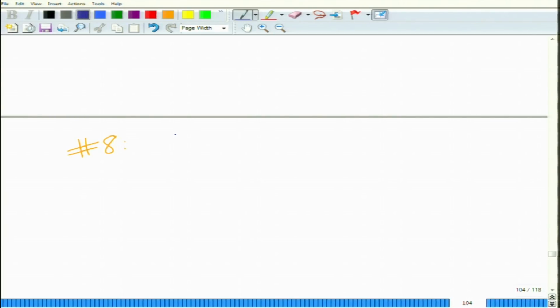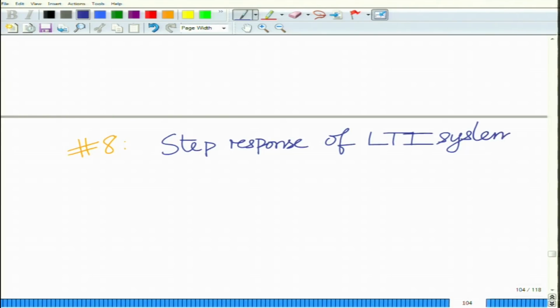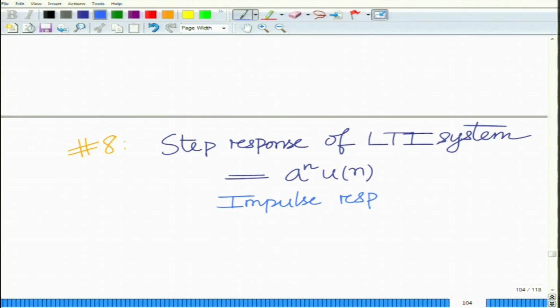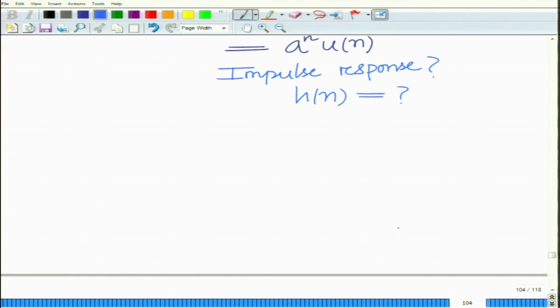The step response. Here we are given that the step response of an LTI system equals a^n u[n]. What we have to find is the impulse response. What is the impulse response of this system, that is, what is h[n] for this LTI system? Now, remember, we are given the unit step response, that is, if the input is x[n],